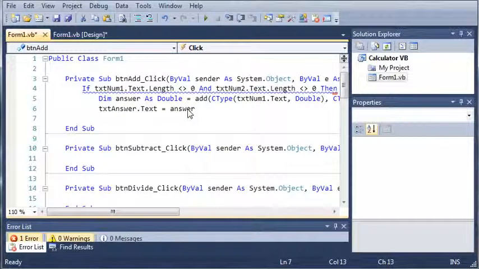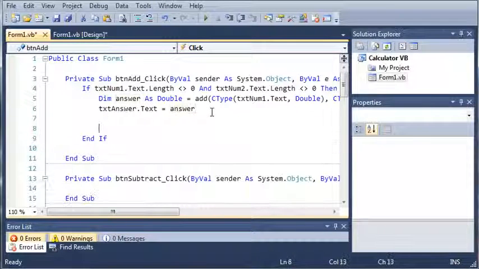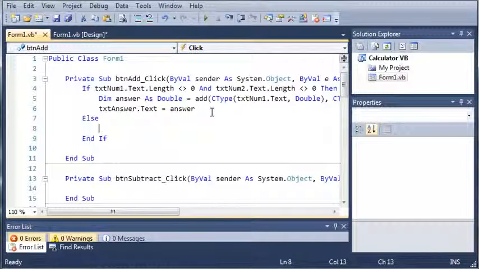So we'll just add an end if right here, and we're going to add an else statement. So else, if one of the boxes is empty, if the length does equal 0 on one of the boxes, then we're going to go ahead and type